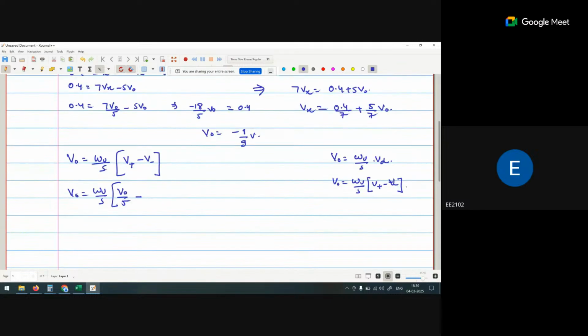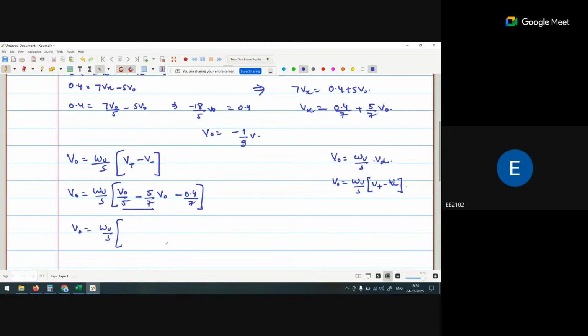So V negative is 5 by 7 V naught plus 0.4 by 7. Can you solve it? So V naught is omega u by s times